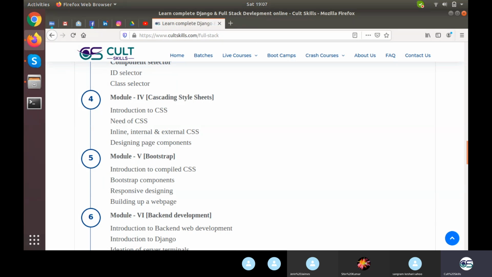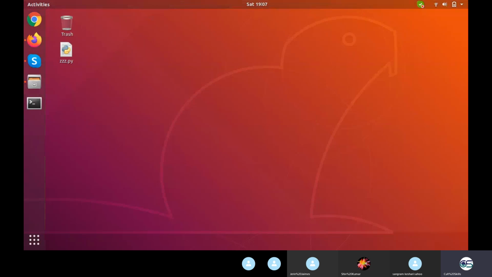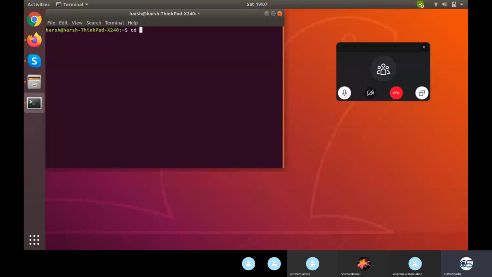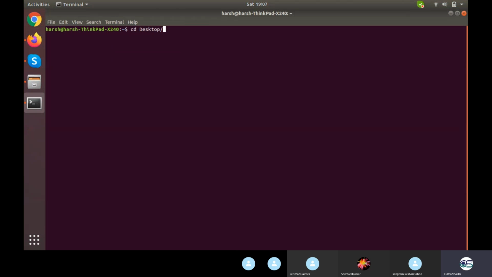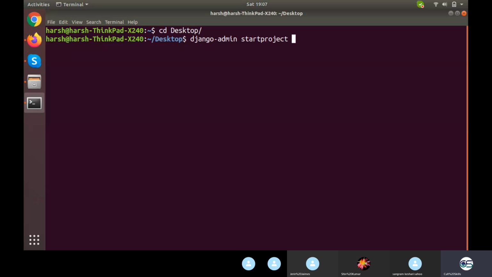In order to do that, let's first create a new project so that it will be a recall for our existing stuff. I will be working on my desktop itself. I'll open it in the command prompt. Next thing is django-admin startproject. I'll call it hello world or simply hello project.